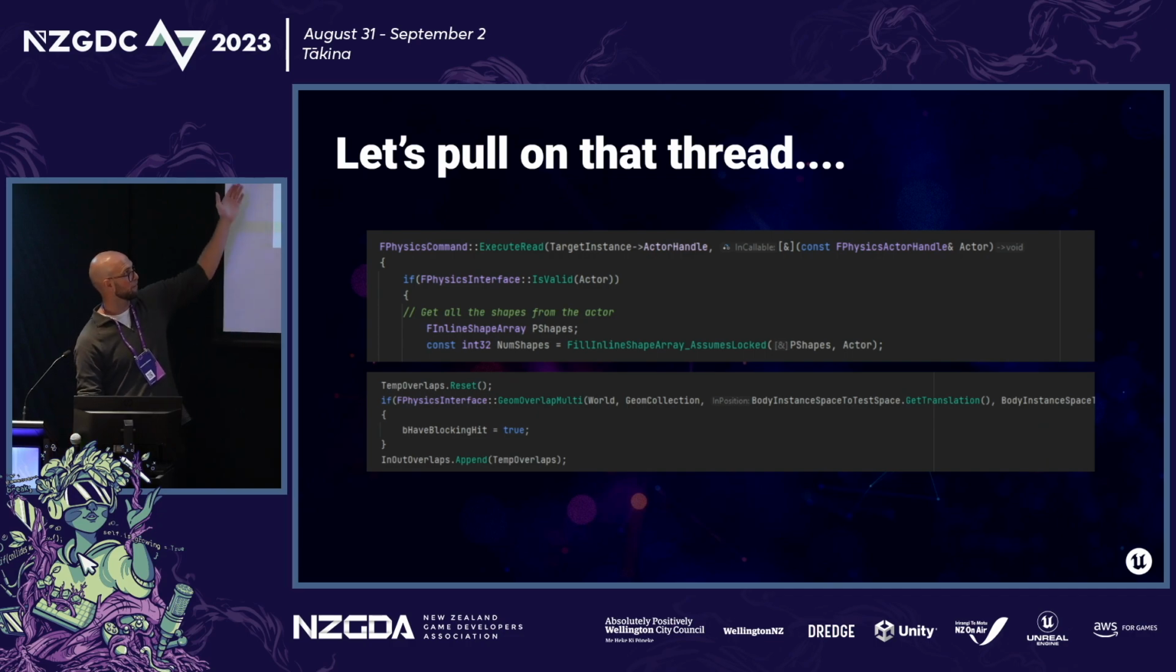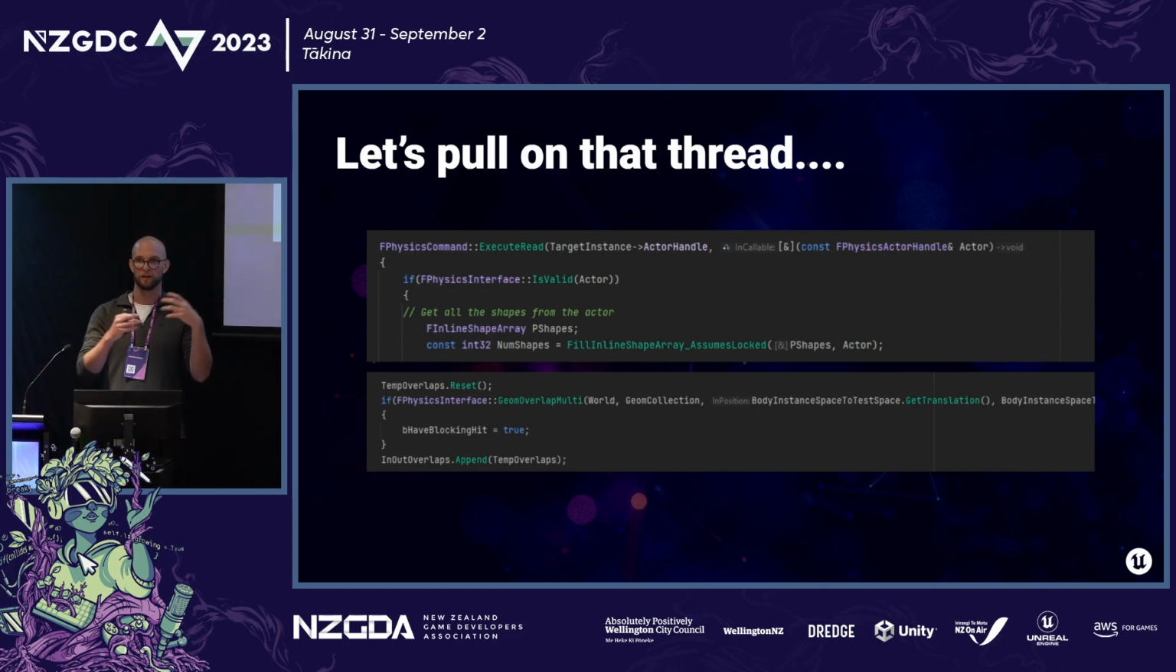We go in there, and then at some point in the method you see this large physics command execute read. So for me that's like, okay, perhaps there's going to be some state running on some kind of physics layer that may not be in lockstep with the main thread, and we're going to need to figure out what's going on. But